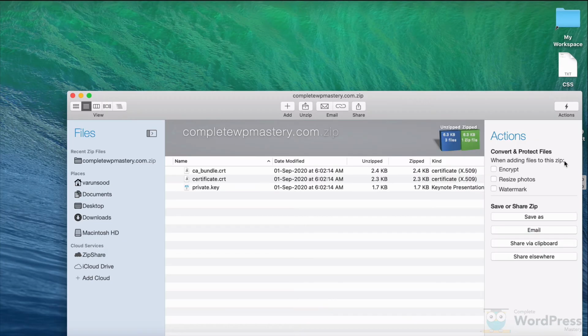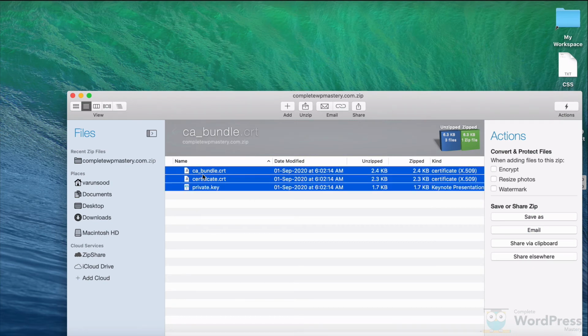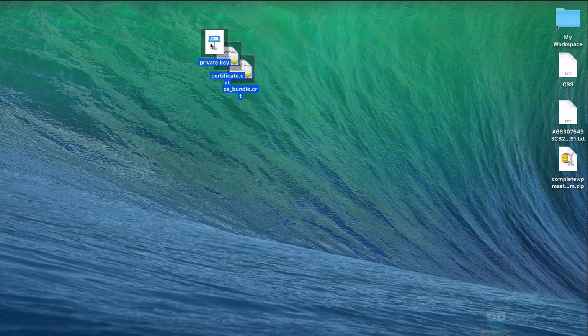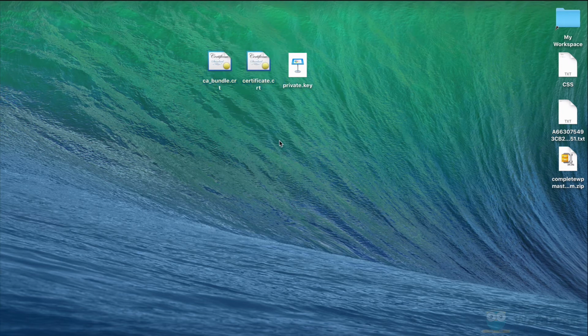If you extract the zip file, you'll see there are 3 files inside it: ca_bundle.crt, certificate.crt, and private.key. You need to be very careful with the next steps.